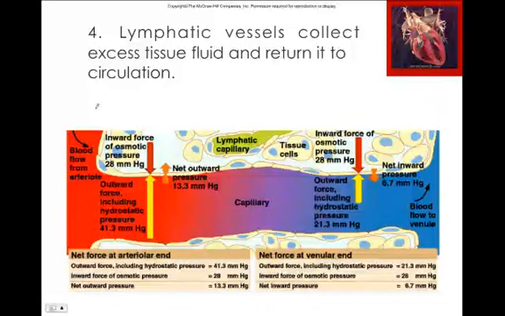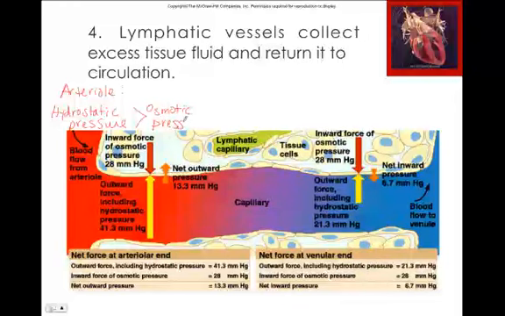Okay, so on the arterial end, hydrostatic pressure, the pressure inside the hose, right, is greater than osmotic pressure. And so when that happens, again, fluid moves out of that capillary, okay? So we get a net outward movement of fluid. Now as we continue to lose fluid, hydrostatic pressure drops, lower, lower, lower, until on our venule end here,